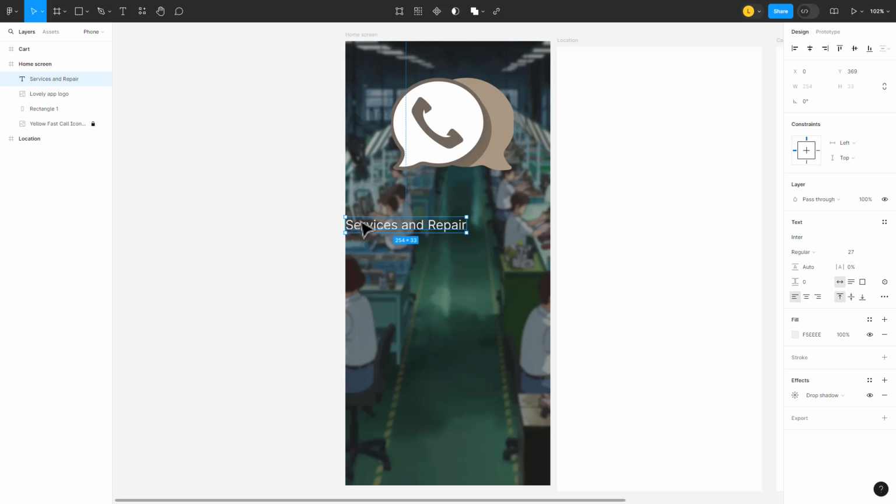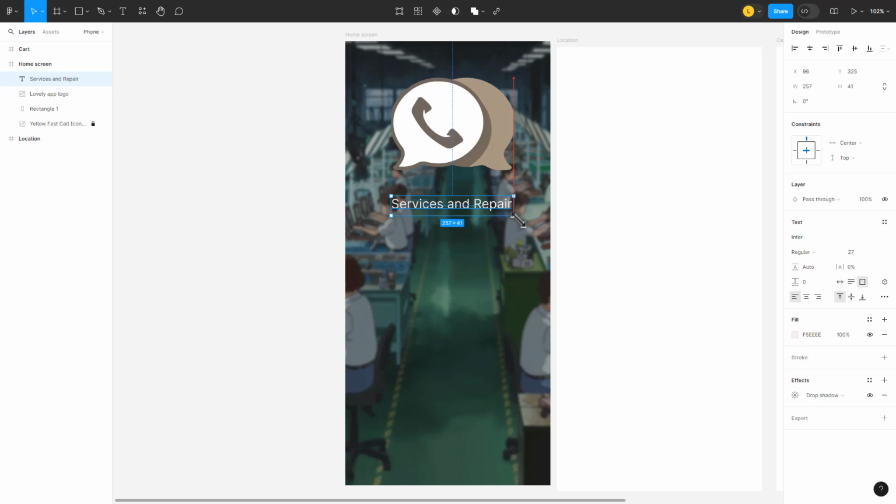I could left align, and that will left align with the leftmost portion of the frame. Here, I could center align, right align, and I have different options, but let's go with center align. I think I want to, why don't we pull this up just a little bit here? I'll put it up right there, so it sits under the logo,